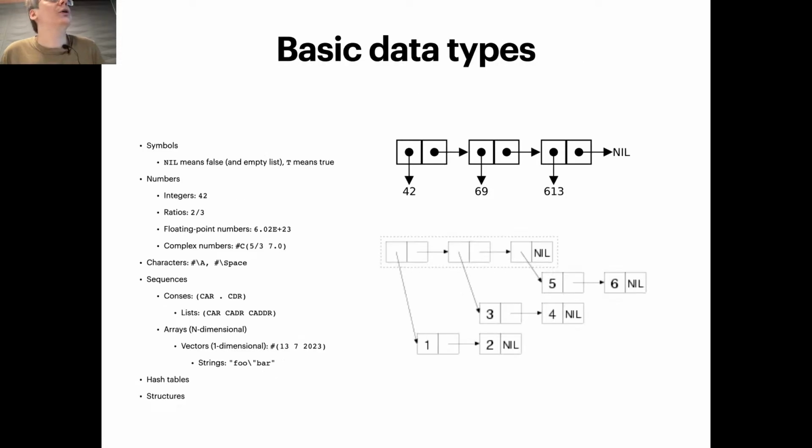So now we get to our basic data types. There is this widespread misconception that Lisp only has lists and nothing else, but it's very, very wrong. We have a lot of other data types, basically what you have in every other language. Well, with the exception of symbols, which are, well,